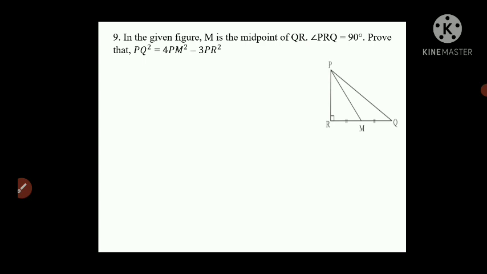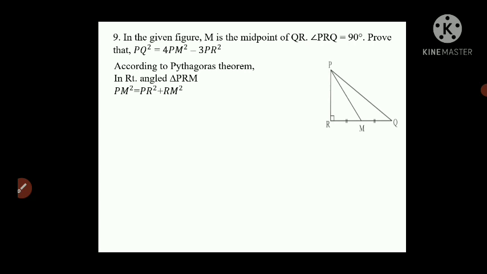So see, as we can see, there are two right angle triangles here. So we will take the first right angle triangle, according to Pythagoras theorem. First I will take triangle PRM. Now students, please check the diagram. In right angle triangle PRM, the inner triangle, the smaller one, by Pythagoras, PM square, which is hypotenuse square, is equal to side 1, PR, and side 2, RM. So by Pythagoras, PM square is equal to PR square plus RM square.